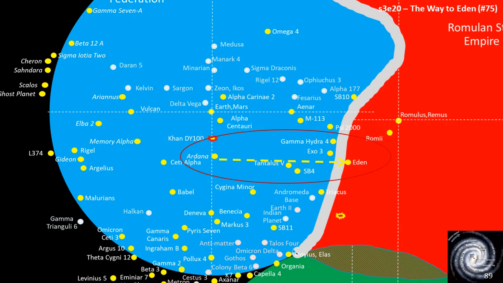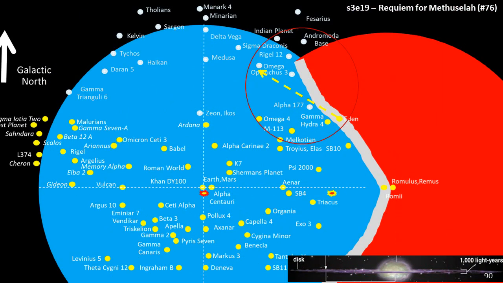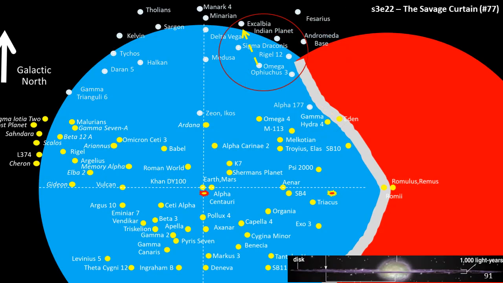Luckily, no Romulan warships were around when they did so. This is also in the Romulan territories. We'll now, again, flip to a side view of the galaxy. In Requiem for Medusa, we travel up north, far away from the centre of the Federation, where we find Flint in the Omega system. In the episode, The Savage Curtain, we once again exit Federation space to visit Excalibur, the